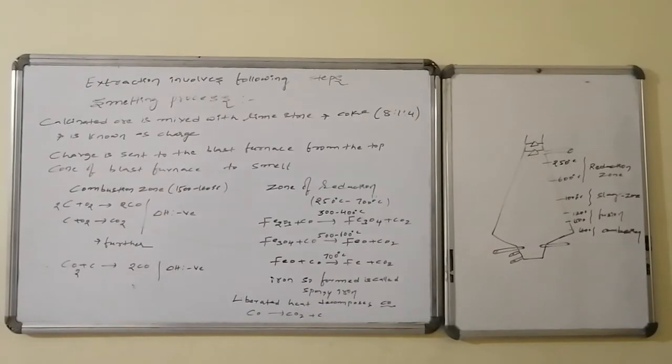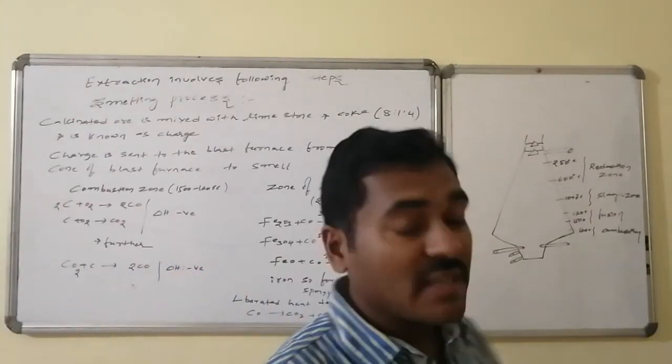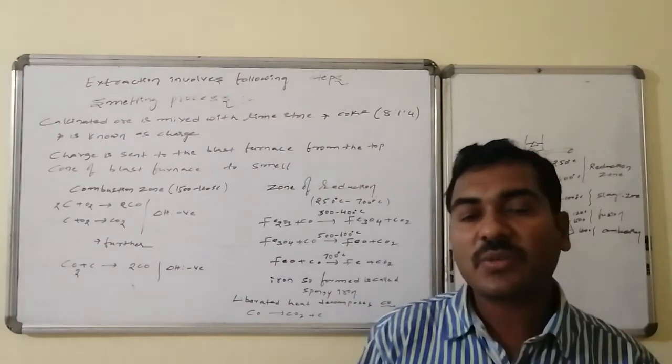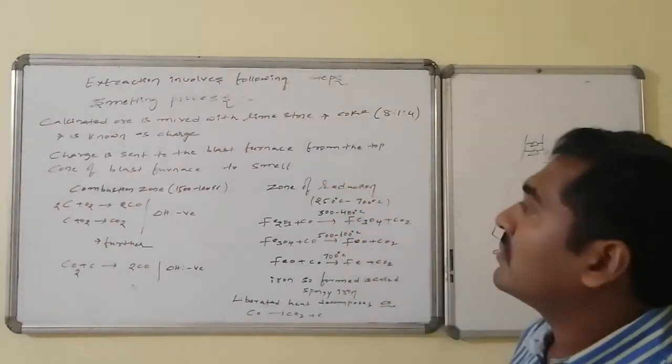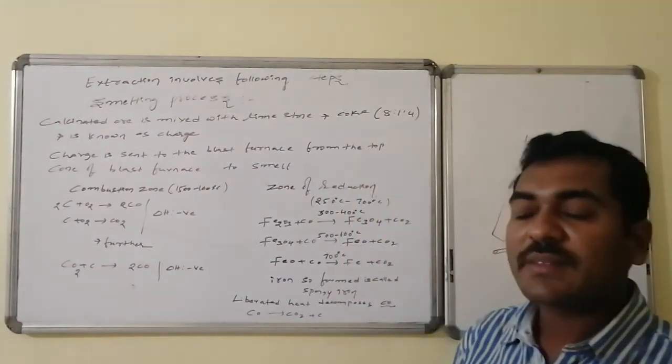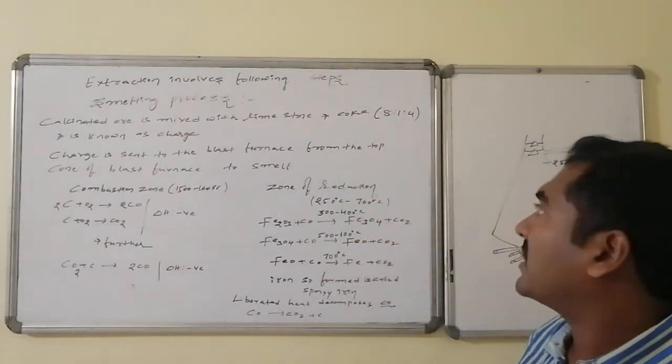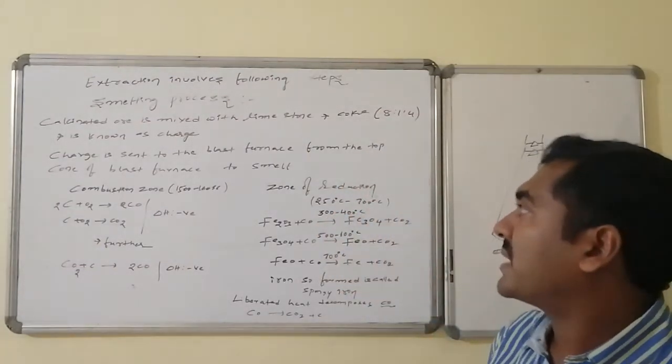Smelting process. The calcinated ore is mixed with limestone as well as coke. Ore, limestone, coke in the ratio of 8:1:4, and this particular combination is said to be the charge. The charge is sent to the blast furnace from the top of the cone of the blast furnace to smelt